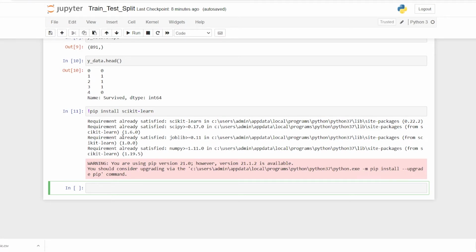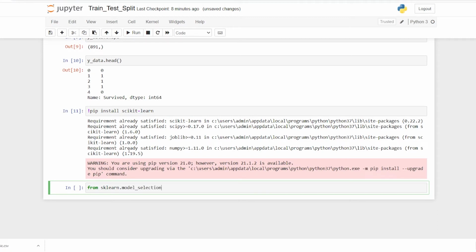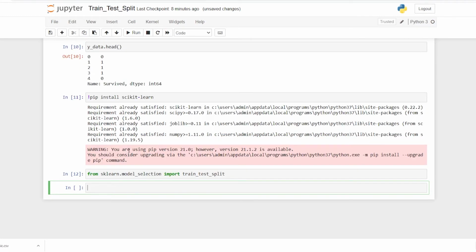So now I actually want to import this so that we can work accordingly. From sklearn.model_selection, I'll import train_test_split. That is the name. Now the way I use it, I want to split the training and testing data.